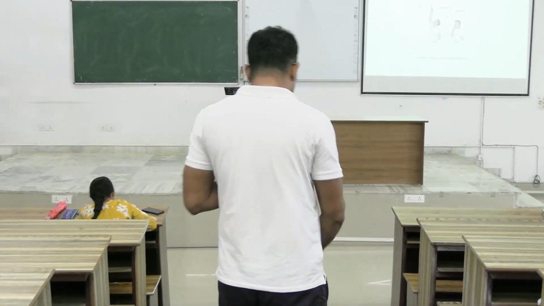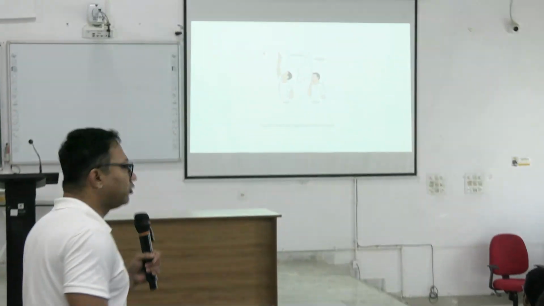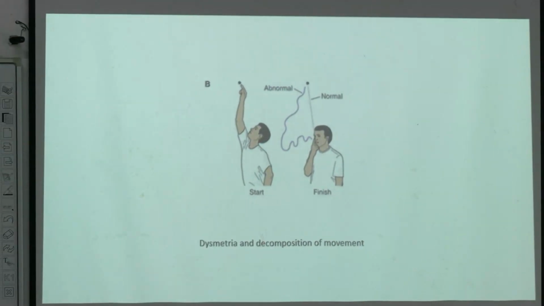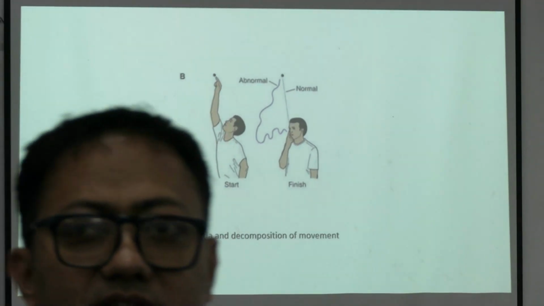Next, dysmetria and decomposition of movement. Yesterday I told you what decomposition of movement is. If I ask you to move from here to here, your movement will be smooth. Smoothly you will move from this point to this point. But when the lesion is in the cerebellum, there will be decomposition of movement,